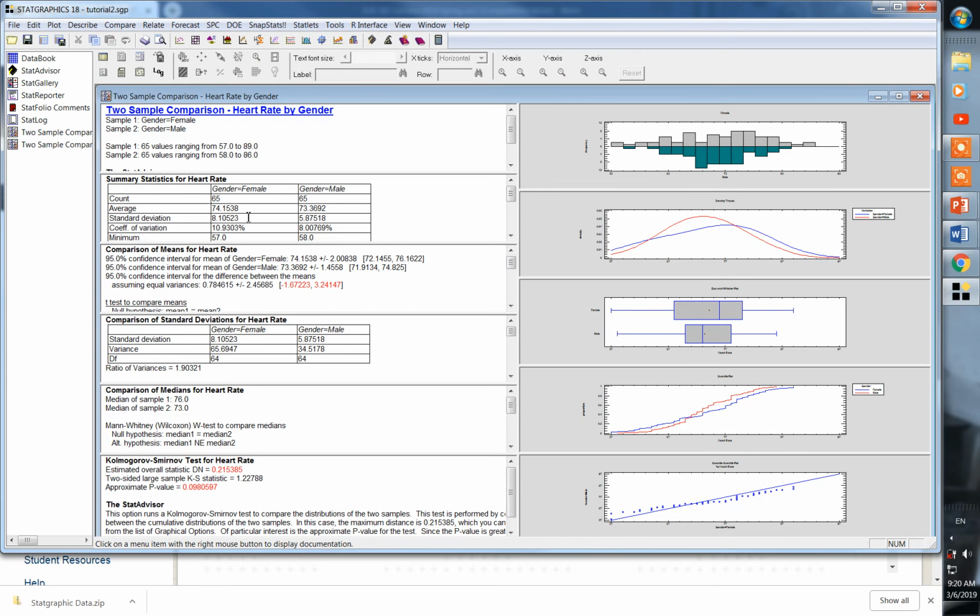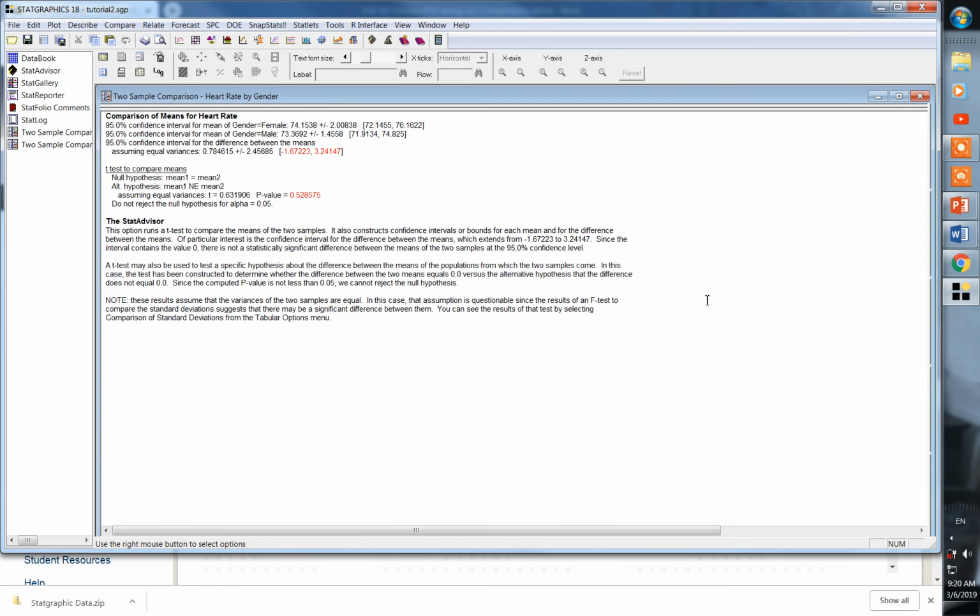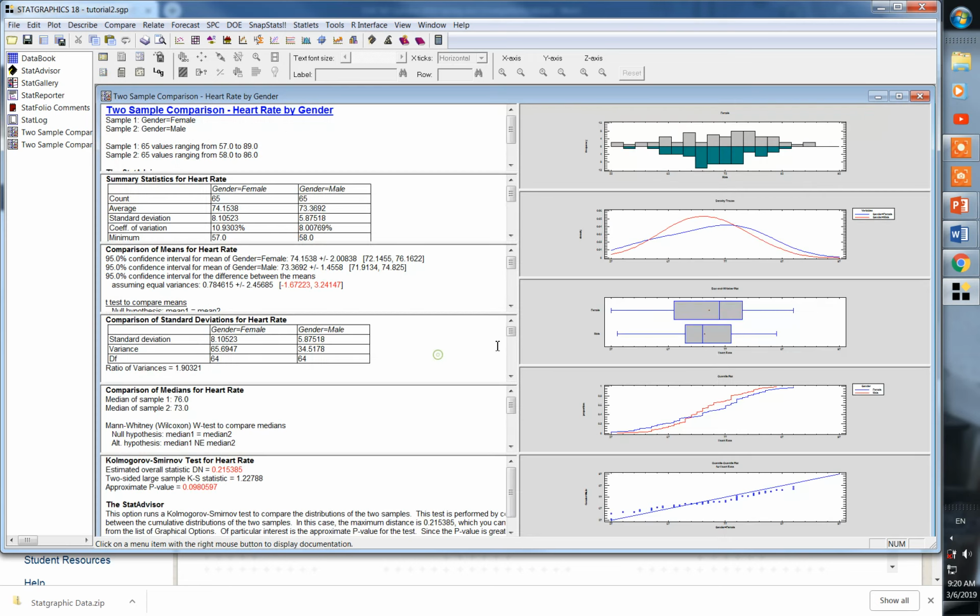So what is the comparison result? So the p is like that. So actually the heart rates of the two groups of people are the same. Okay, so this is tutorial 2, and I'm going to also show you tutorial 3, which you are also very interested in. Okay,